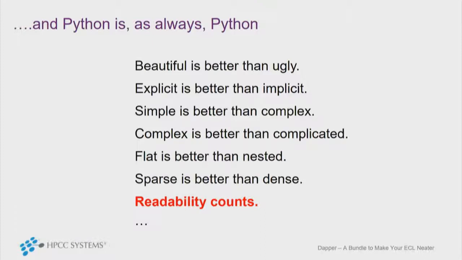And I think that there's a few things here that are relevant. Things like sparse is better than dense, flat is better than nested, and most importantly, readability counts. As a developer, it's your job to write something that other developers can read. Like, if it's a bit less efficient, that's probably fine if the person sitting next to you can actually read it more easily, because that person's far more expensive than the PC you're running it